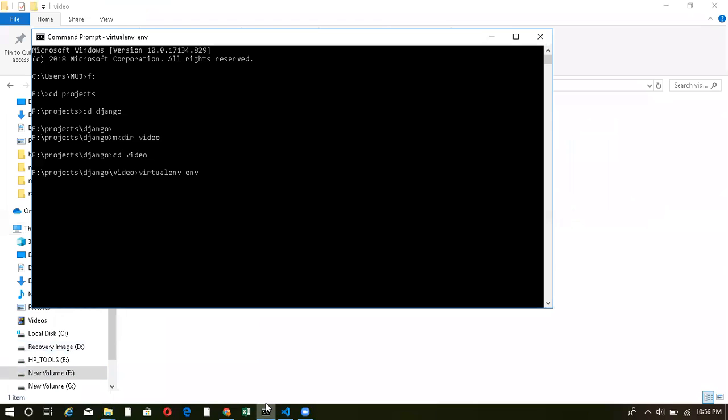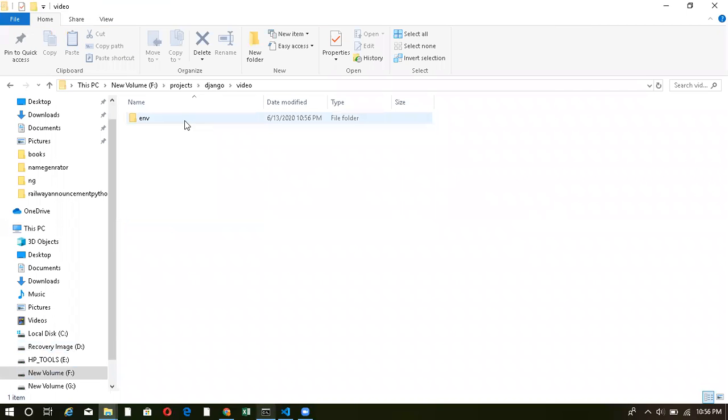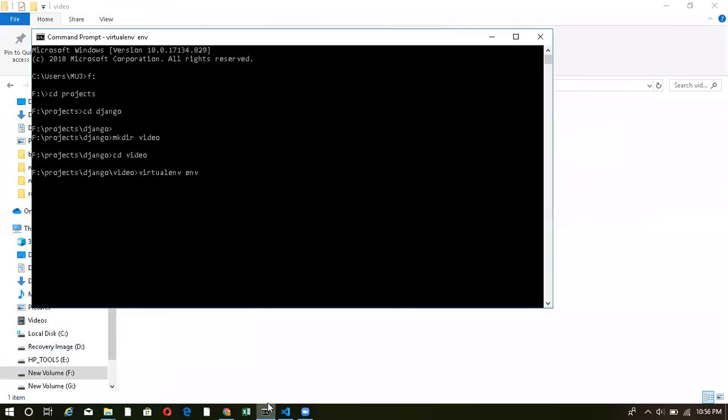Now you can see that it's still creating my virtual environment, and over here a directory has been made inside my video folder, that's the env folder.